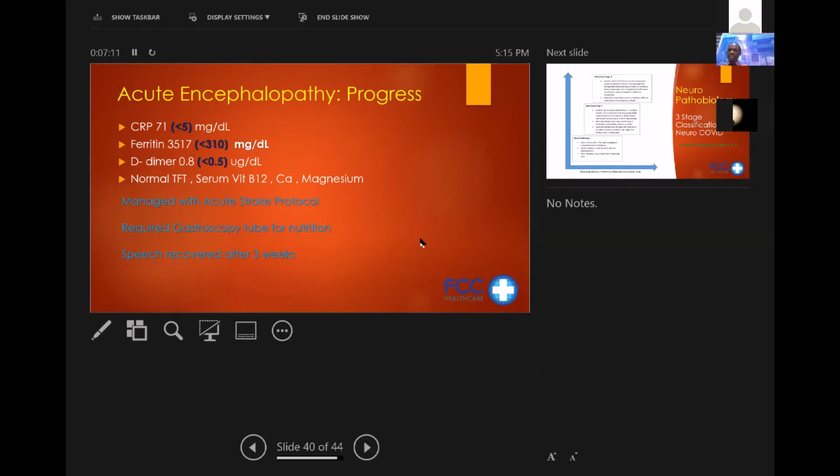A thyroid function test was normal, serum vitamin B12 normal, calcium, magnesium fine, no evidence of urinary tract infection, no evidence of infection or bacterial infection in any other system. She was managed with an acute stroke protocol. Initially, we had to keep her off food, pass an NG tube, and before we discharged her, she appeared communicative,